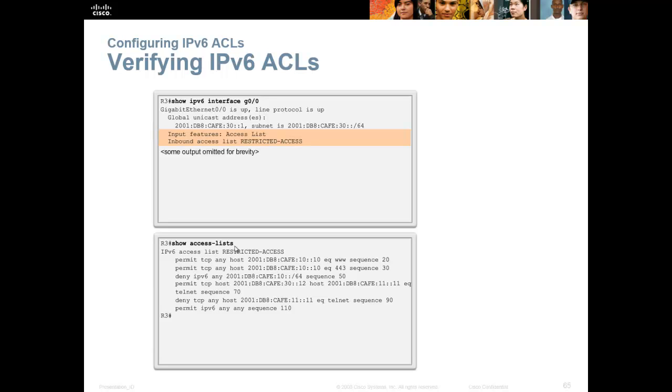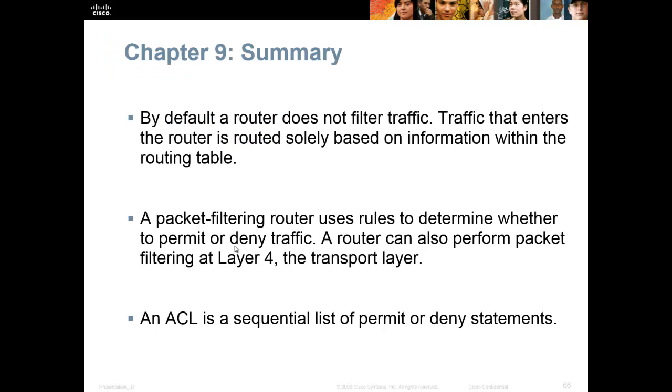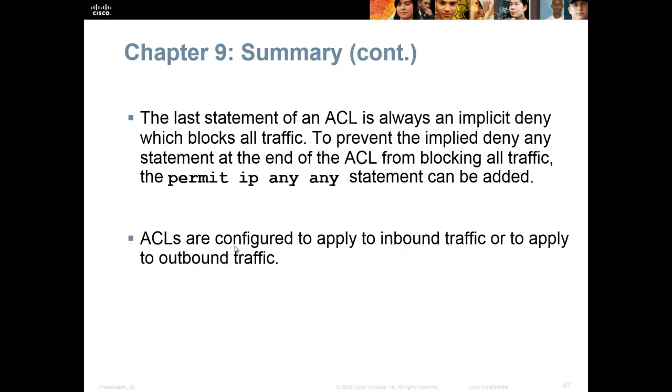All right, so to wrap it up, by default, a router does not filter traffic. It just decides, from its routing table, where to route it. So you have to have an ACL to filter that. And an ACL is a sequential list of permit and deny statements with that invisible deny everything else at the bottom. All right, and then if you want to get past that implicit deny, you can just do a